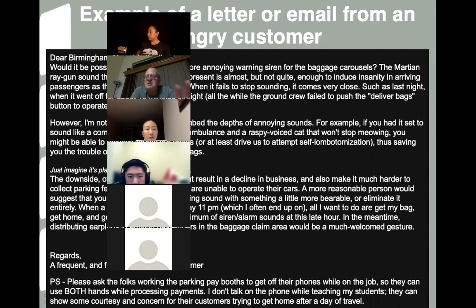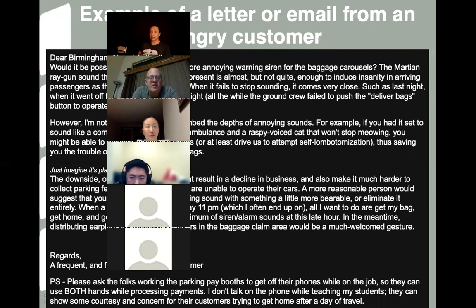Now, imagine that you work for the Birmingham airport and you've had a really full day with a whole bunch of cranky people, and you're going through your email or your letters, and it's one rotten egg after another. And then you open up this lovely little pickle here. It goes like this. Dear Birmingham Airport Authority, would it be possible to install a louder, more annoying warning siren for the baggage carousels?